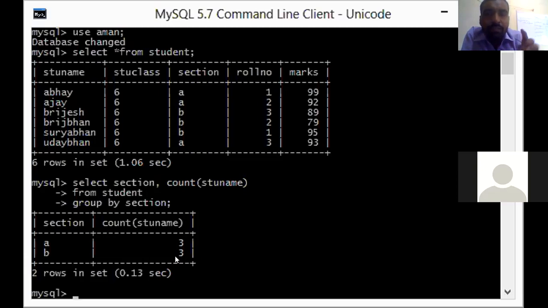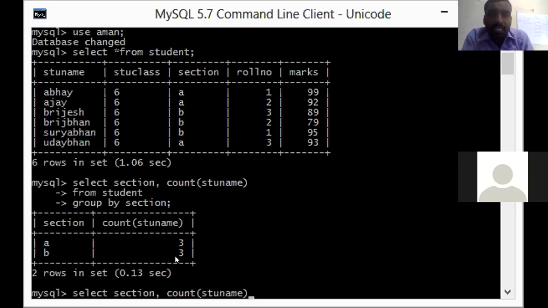But now we have the multiple nested group. Nested group means grouping on multiple columns. So how can we do that? Let us write the select command. Now what do we want to display?